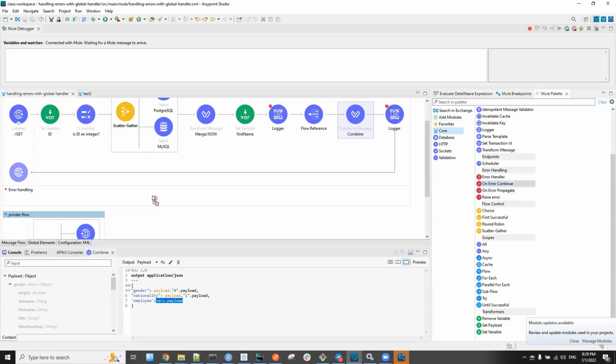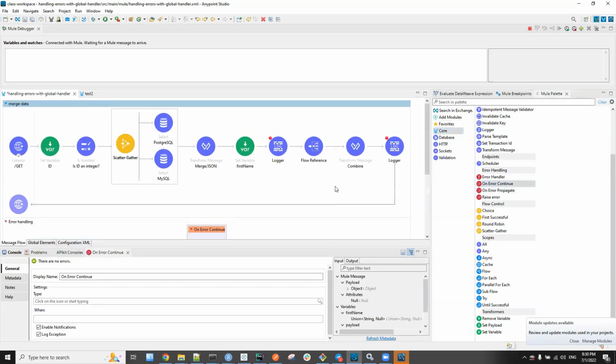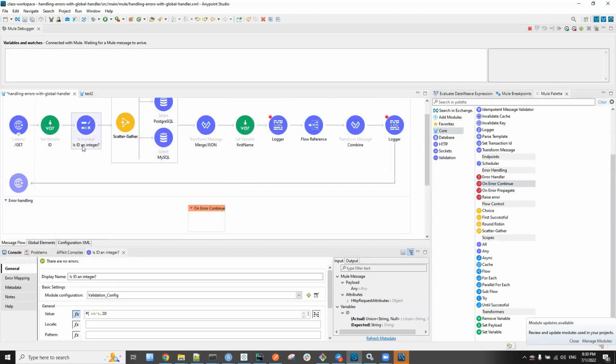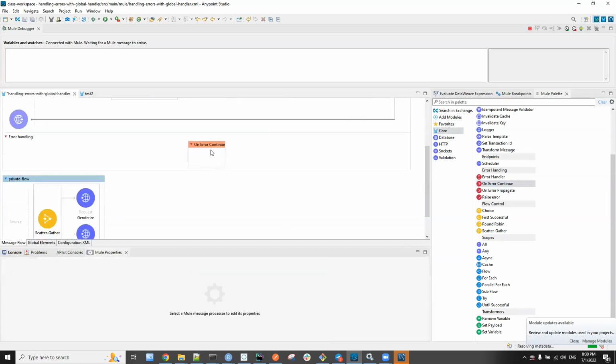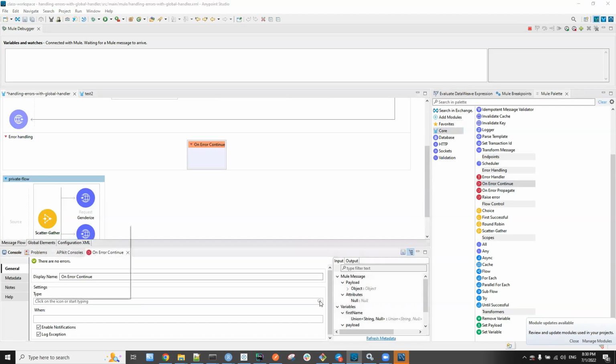Let's first bring on On Error Continue. And with error continue, let's say we want to handle this type of error. When I click the On Error Continue scope, I can come here and search for different types of errors, all the possible types of errors it is showing me here.